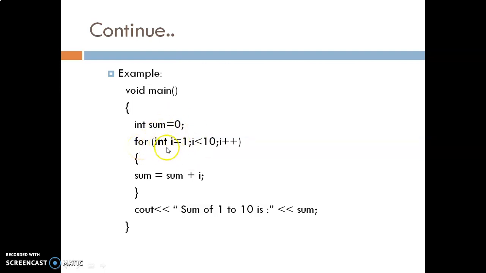Here we have a for loop, int i = 1. If we were using a C program for this, then we would have to declare this variable i at the beginning, during the declaration, at the start of the program. But in C++ you get the facility to declare it inside the for loop, as you can see here. I am focusing mainly on this. This is the basic difference: you can declare your variable inside the for loop, which is not possible in C. The rest of the part is the same as what you did in C, and the syntax is also the same, but the keywords that we use for input and output, cin and cout, are different here.